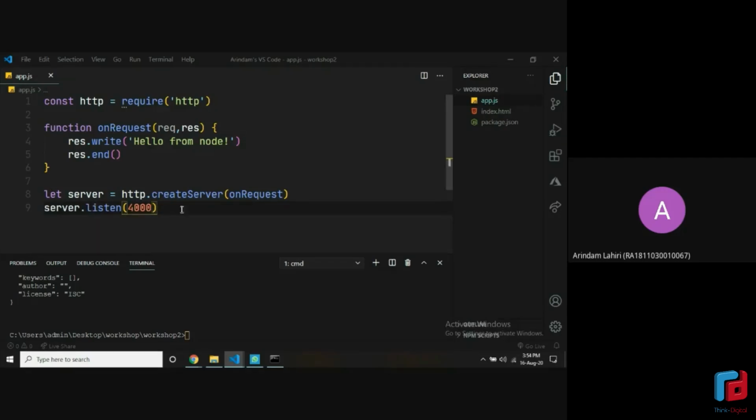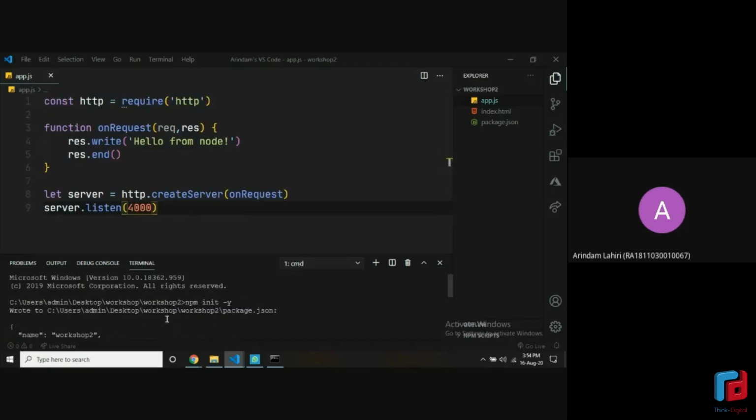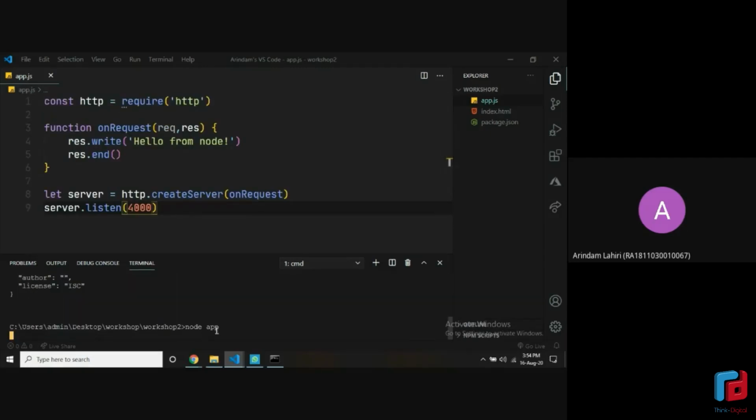All right. Now this time, if you run the file, node app, the same as before, you would see you don't get anything in the console, but it's running. Because earlier whenever we used to run something, it used to give this path again. This time it's not, which means it's running.